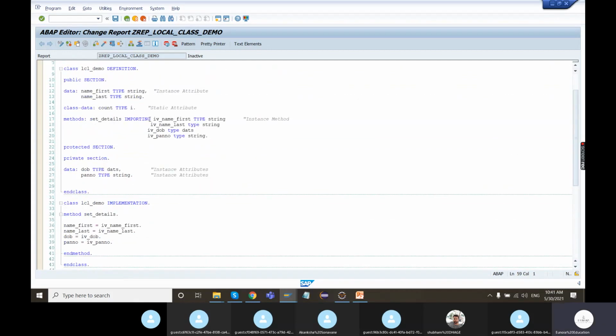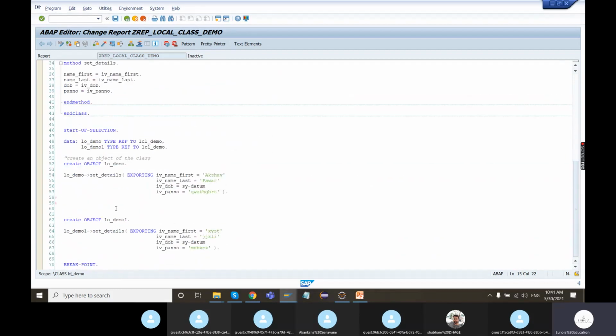As you can see, the static attribute of the class is in the public section, so it is readily available outside the class as well. So I need not call any method to manipulate that static attribute. What I can do is simply use the class name LCL underscore demo. How to manipulate the static attribute, that is what we are discussing right now. Equal to and greater than. See, using that operator, only one pop-up is coming and one suggestion is there, which is count. Just increment the count.